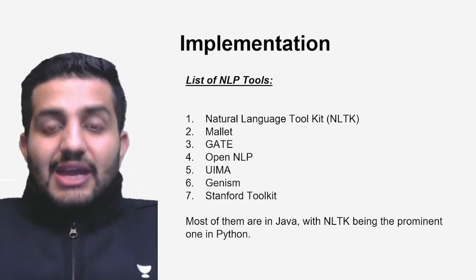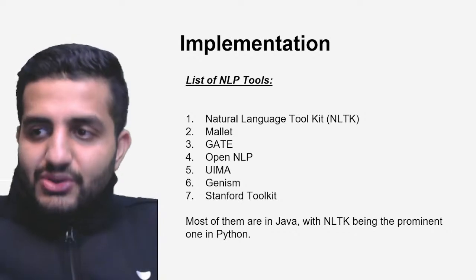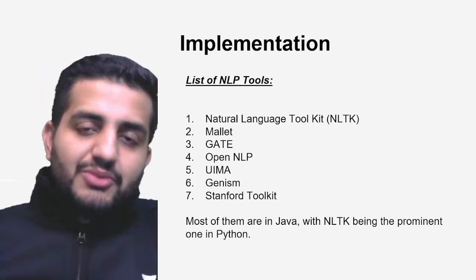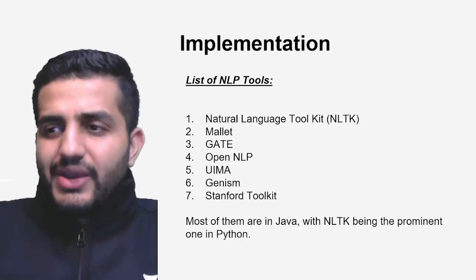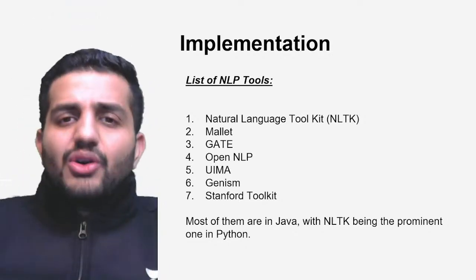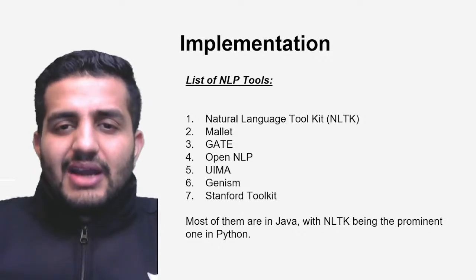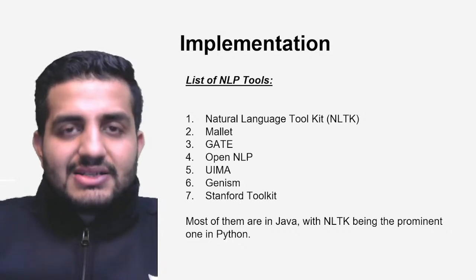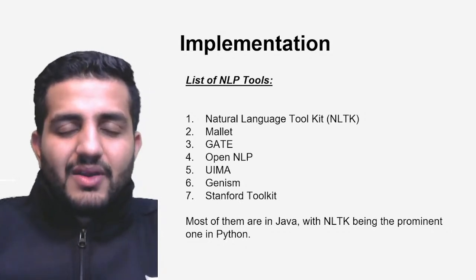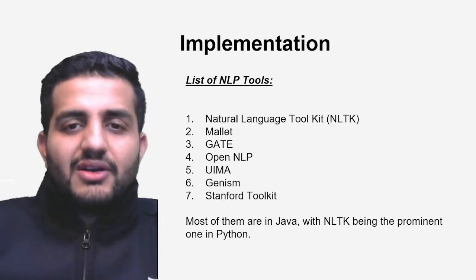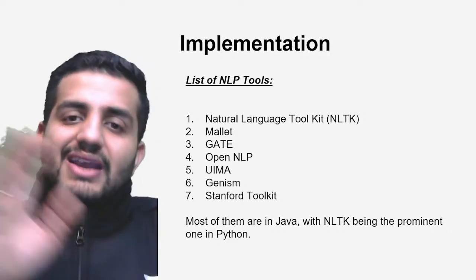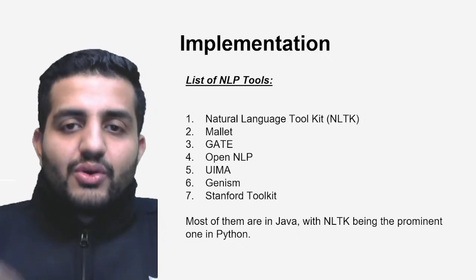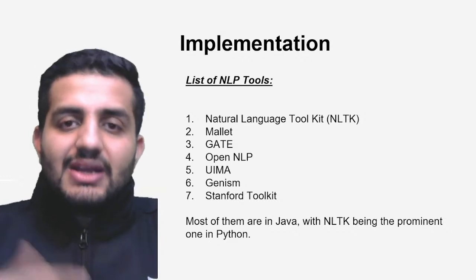Cool. So we have discussed a lot of the theory. Now let's jump to the implementation part, and talk about how we can implement these things. There are a lot of NLP tools available in the market, guys, which you can use to build these layers, like the pragmatic, semantic and morphological layers. All of this is possible. The process and the concept still remain the same. It's just the way in which you implement these concepts on your platform.